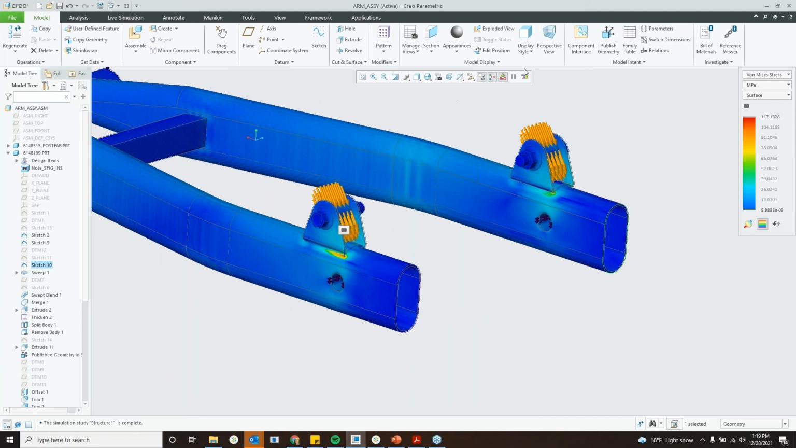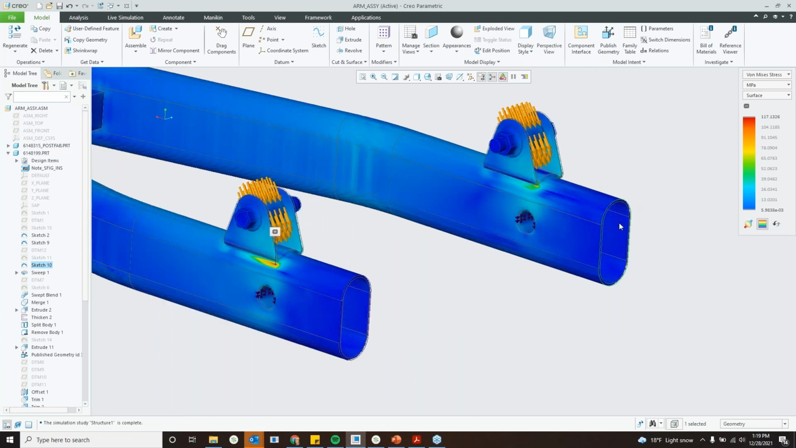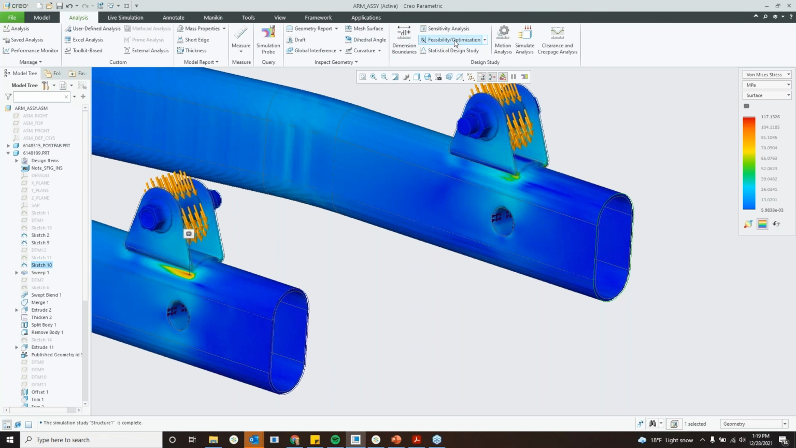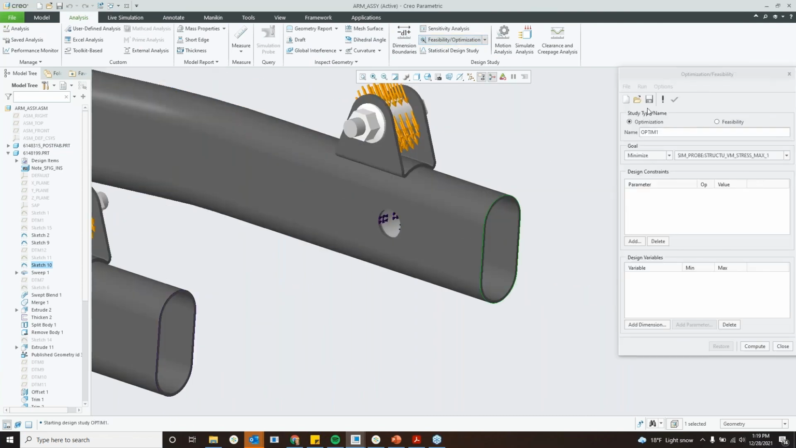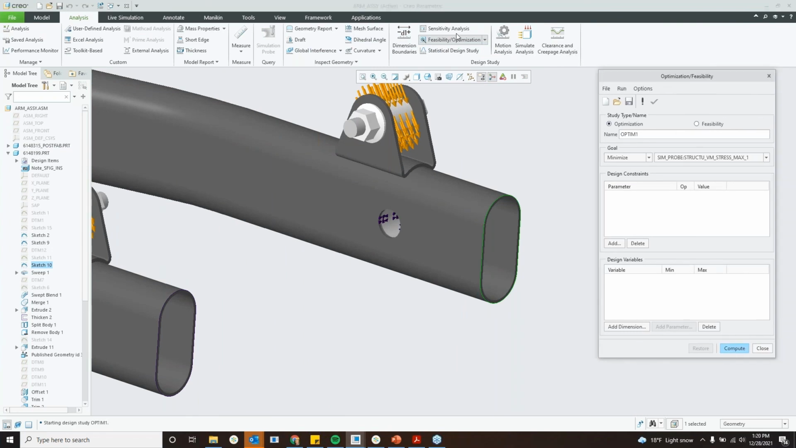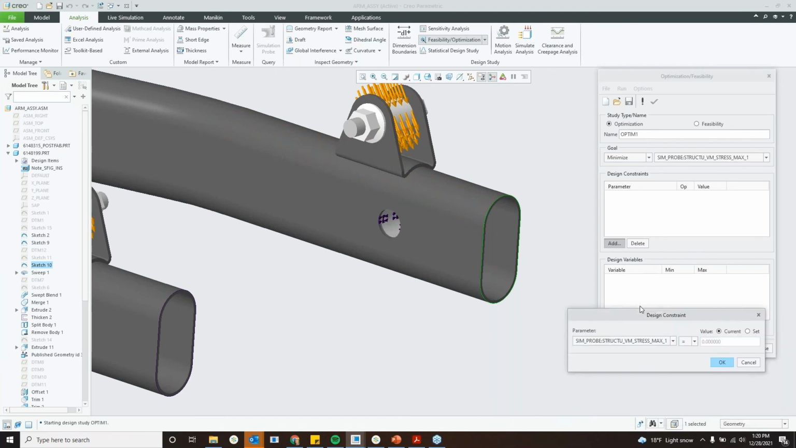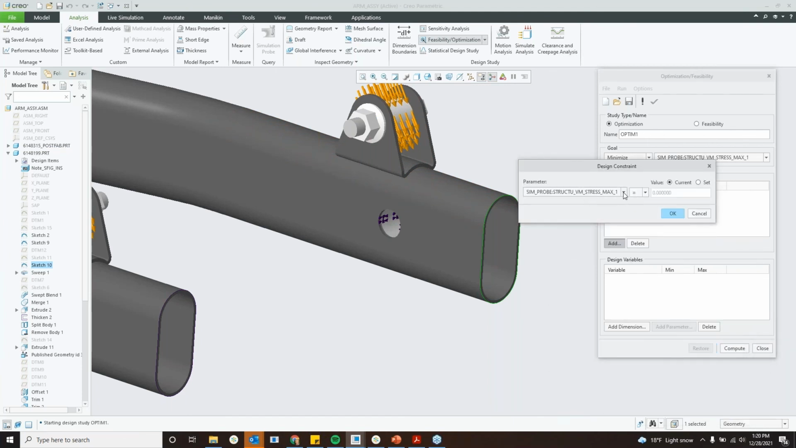One thing that we can also do, we know that we have a lower amount of stress around that 15.5 millimeter dimension, right? So what we can do is run an optimization on that dimension. It's pretty similar to the sensitivity analysis, but we can set a goal. So our goal is to minimize the amount of stress within the structure, and we'll add our parameter that we want this stress to be less than what the current value is. We can hit OK here,